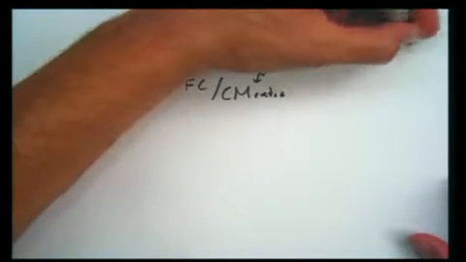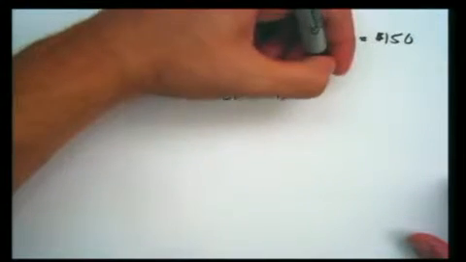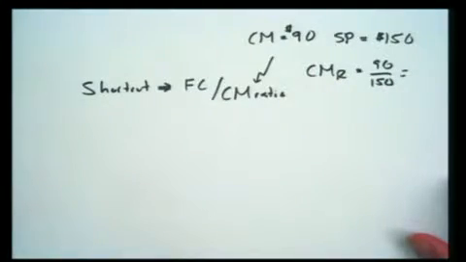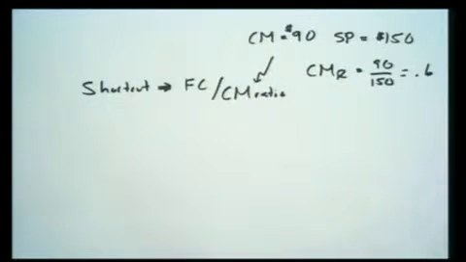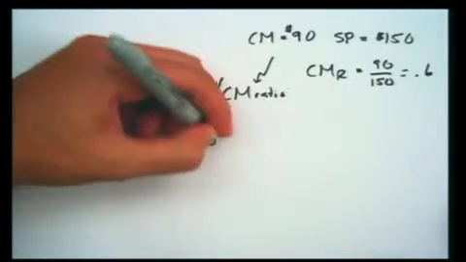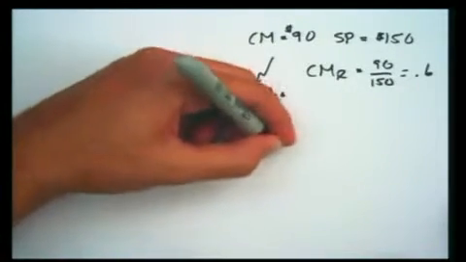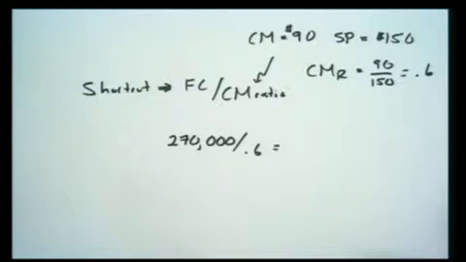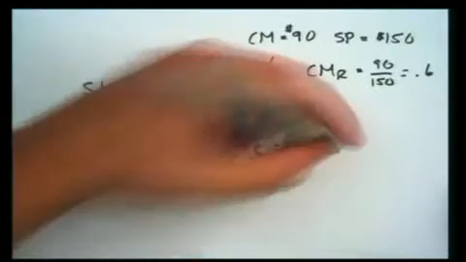The selling price is $150, so the CM ratio is 90 divided by 150, which is 0.6. Now the fixed cost, $270,000, divided by 0.6 gives you